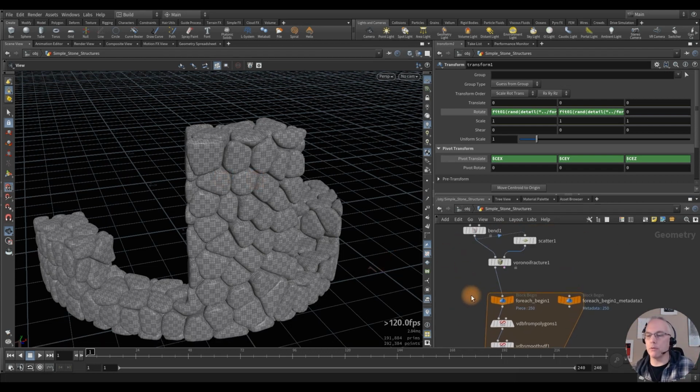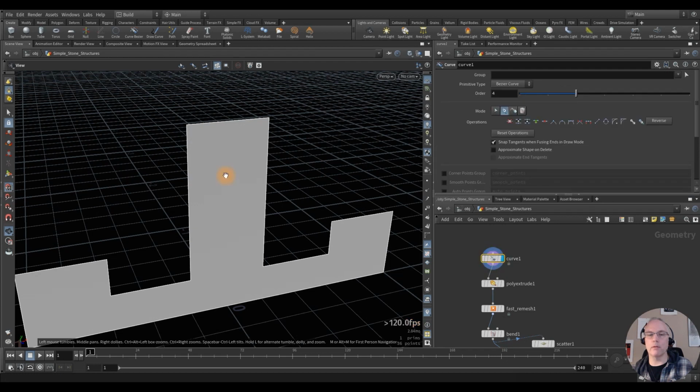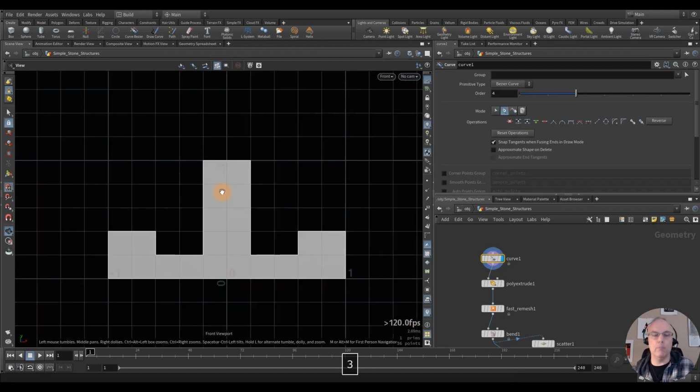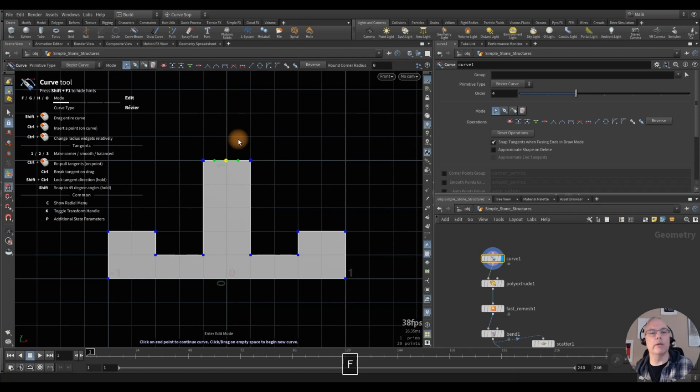But real quick, just to show you how easy this is to modify, let's go back to this curve here and say we wanted to make this a little more interesting. I'm going to make this top part round. Go into my edit mode and select this one and move it up one, and make a sort of rounded top there,